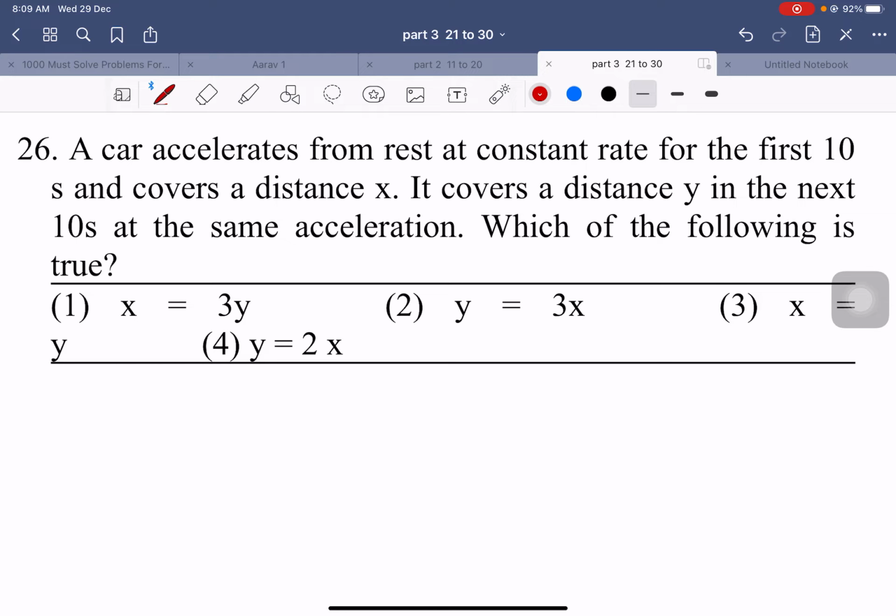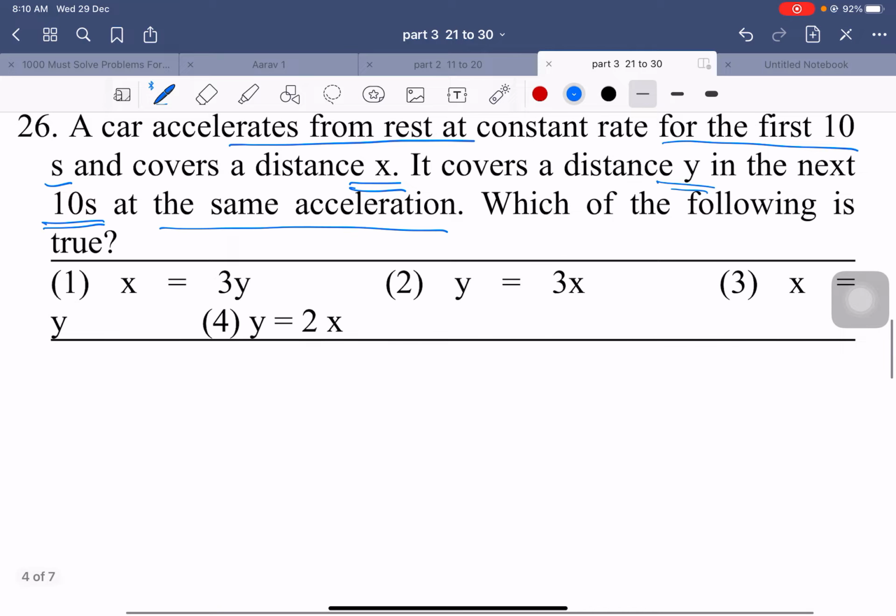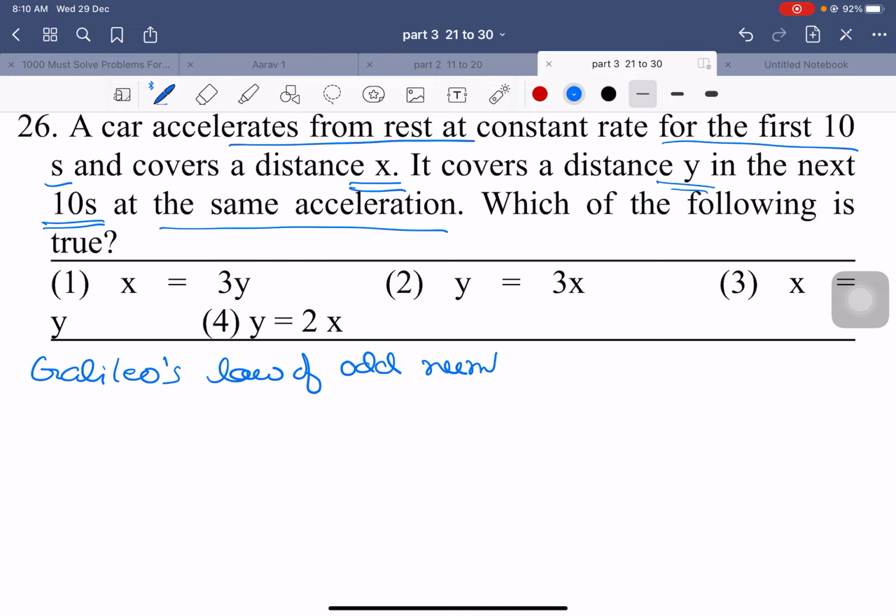A car accelerates from rest at a constant rate for the first 10 seconds and covers a distance x. It covers a distance y in the next 10 seconds at the same acceleration. Which of the following is true? We know from Galileo's law of odd numbers that if the acceleration is constant,